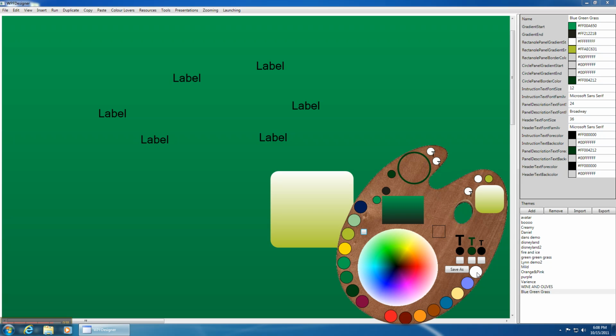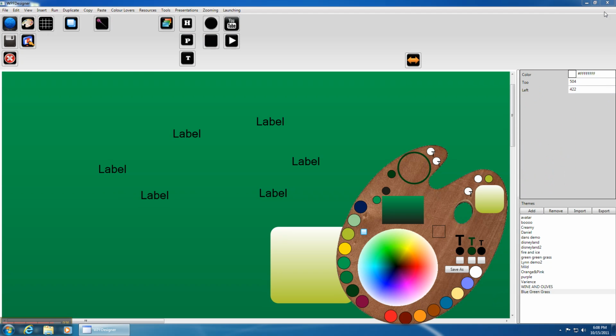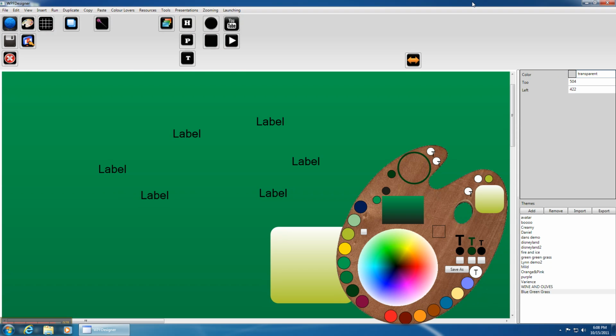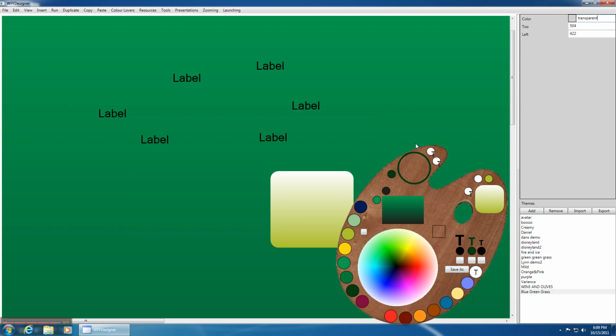Now, you can touch this first square and put in the word transparent. You can use named colors up here, but we'll make it so that transparent is a hardwired color. But right now that T means transparent. It's been used here. Let's say I want to put a color over the transparent. Then I get a gradient fill inside that circle. And if I decide I want to change that border color, I've changed the looks of the circle panel. And then this panel looks different. This is the form color. Okay, so these are themed colors. And then pictures aren't themed. The picture